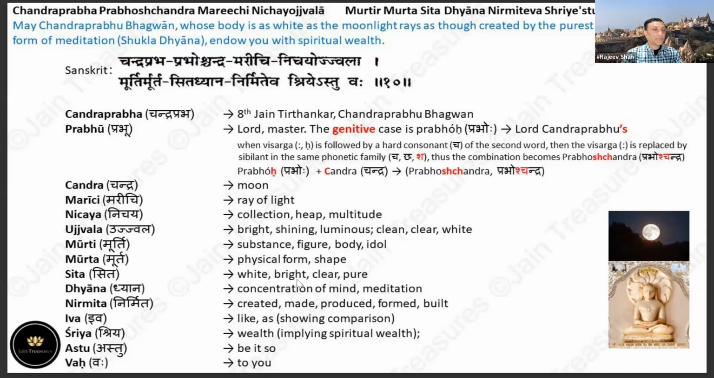Sita means white, bright, clear, or pure. Dhyan, again, concentration of mind or meditation. Nirmit means created, made, produced, formed, or built. Eva, it's like or as, it's to show comparison. Shriya. Now, as you can see, Shriya is repeating in many of these verses here, implying spiritual wealth. So if you look at the previous verse,